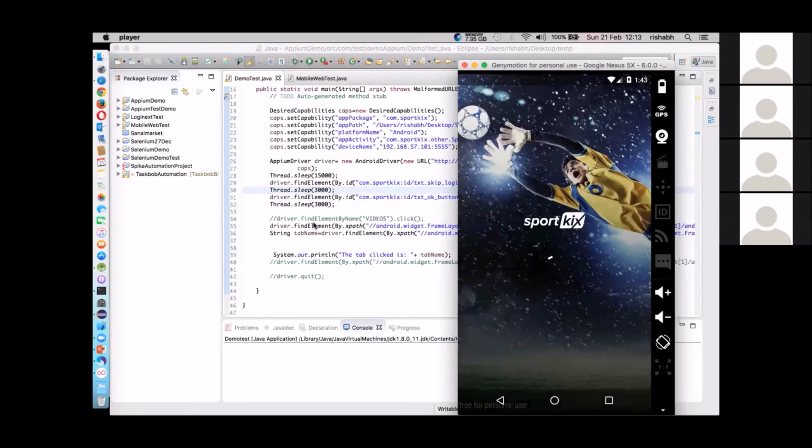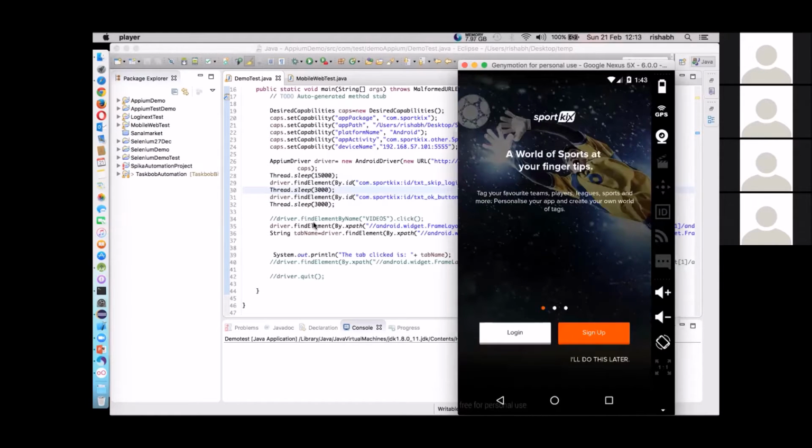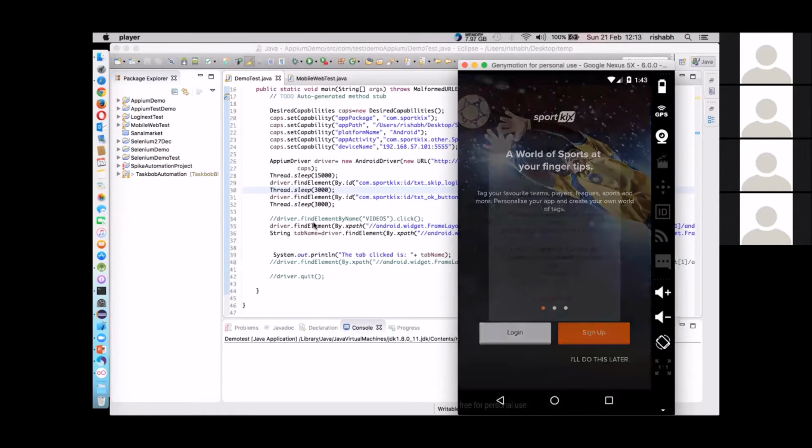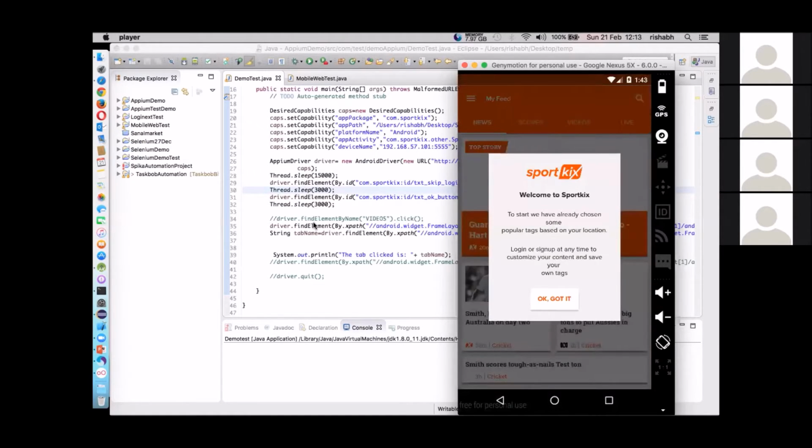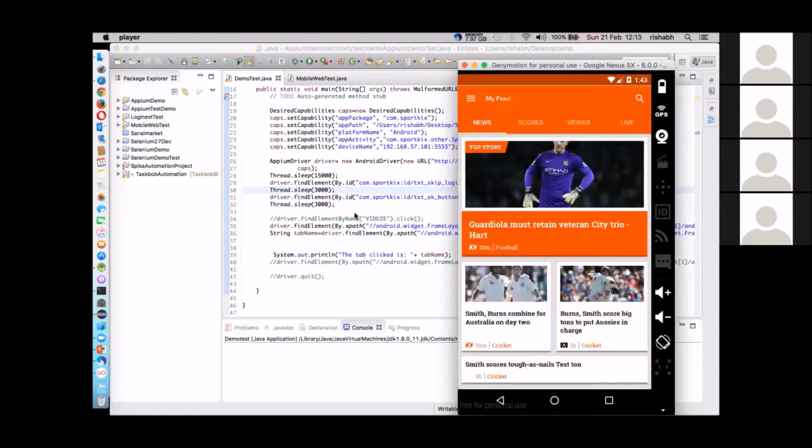Fine. This is basically the extension of that. So you can use different strategies based on find element. You can identify using ID. You can identify using XPath, by class, or whatever you were using on Selenium.